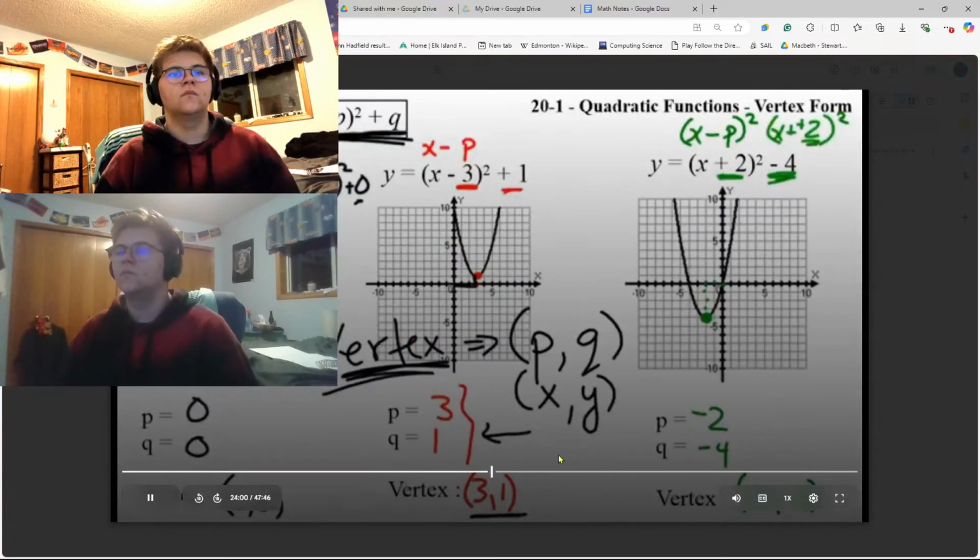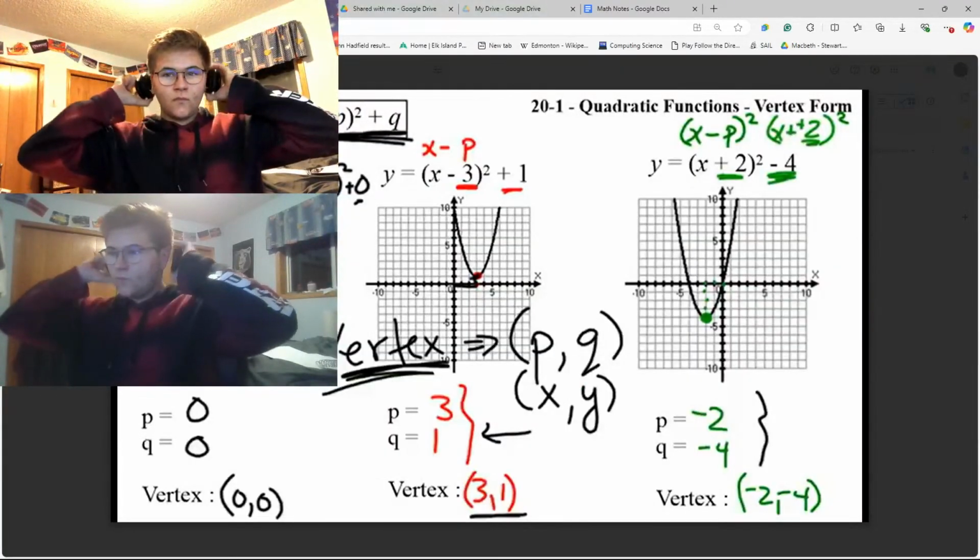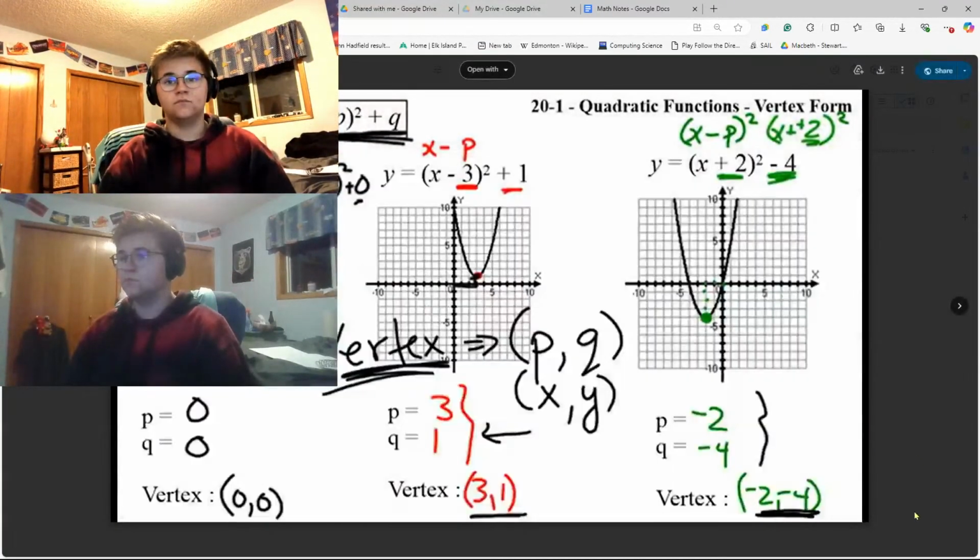1, 3, 1. There's your vertex. P -2, Q -4. Well, that's really X, Y in an ordered pair. -2,